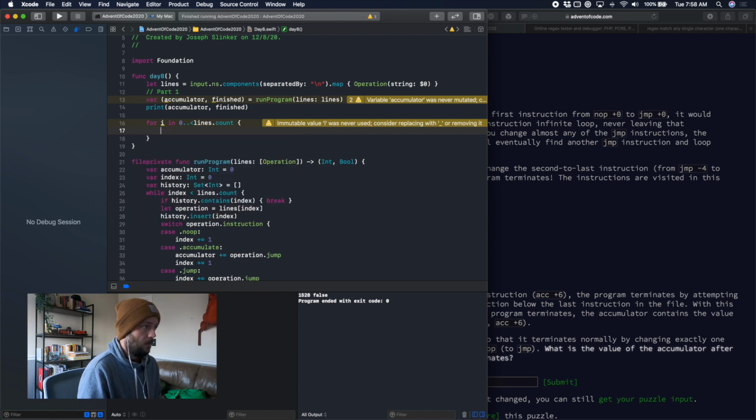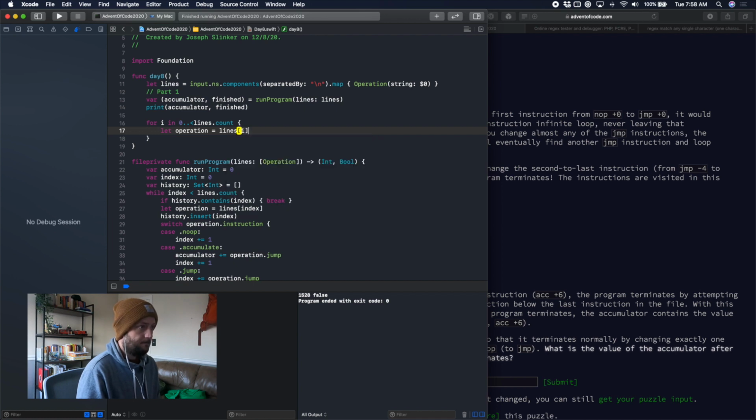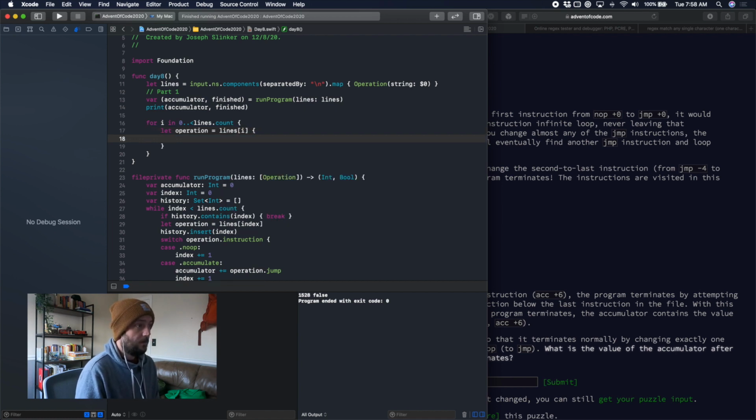Yeah. Let operation equals lines sub i. And then what we're going to do is if operation, if line sub